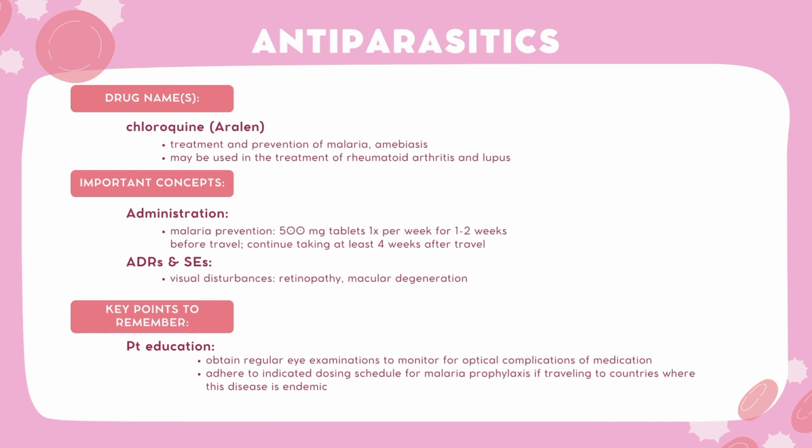Another antiparasitic we will cover is chloroquine, which is indicated for the prophylaxis and treatment of malaria. Additionally, this medication may also be given in the treatment of autoimmune conditions such as rheumatoid arthritis and lupus. When given for malaria prophylaxis, the patient is instructed to take a 500 mg tablet, starting 1 to 2 weeks before traveling to the location where malaria is present. The patient should continue taking the medication up to 1 month after returning to an area where malaria is not